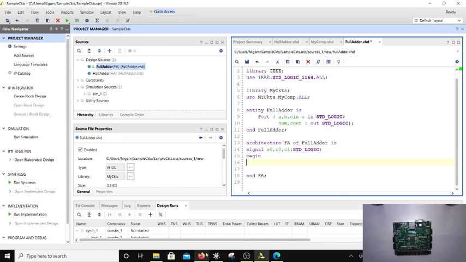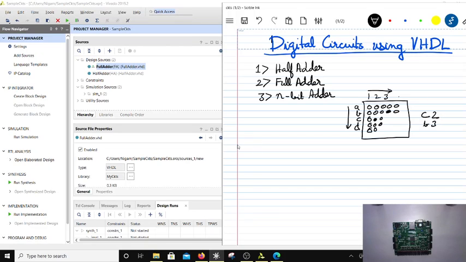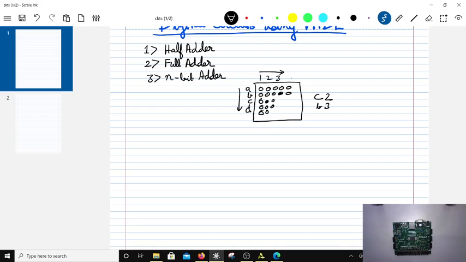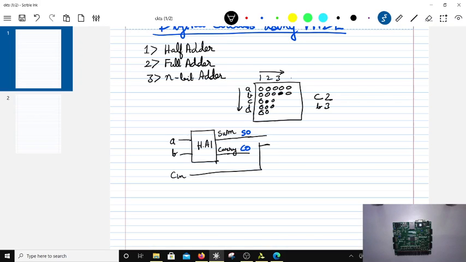Now let me explain what would be the structure of a full adder. The structure for a full adder which I'm going to draw is the following. I am going to have a full adder defined using two half adders. This is half adder 1, right? I'm going to give two inputs to this, A and B, and it is going to have two outputs, sum and carry. Notice that this sum and carry are the lower pins. When you come to the top level, you can rename these as S0 and C0. Then you are going to give this sum, and C in, as inputs to another half adder,